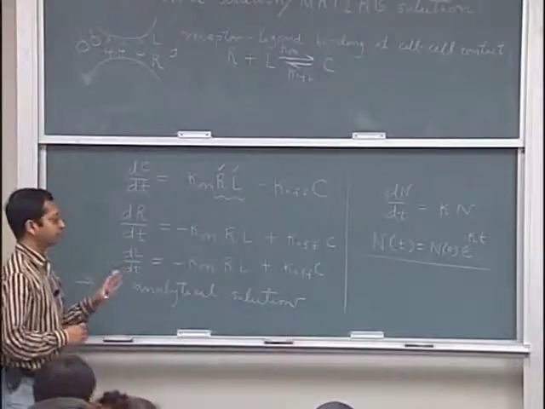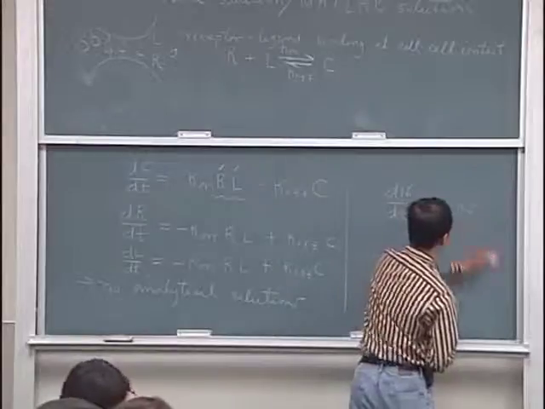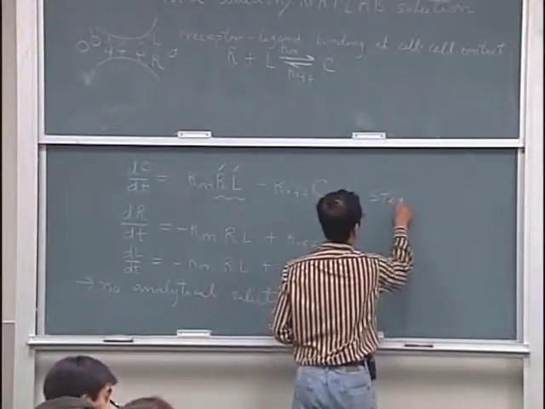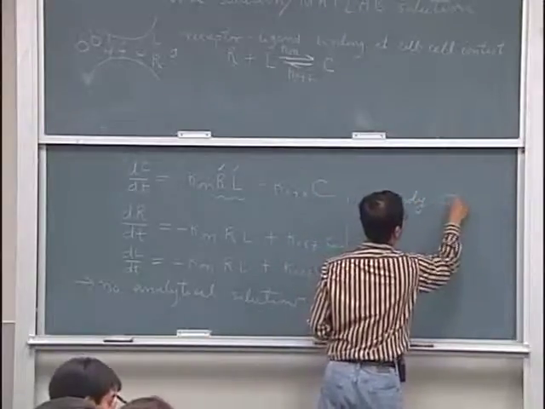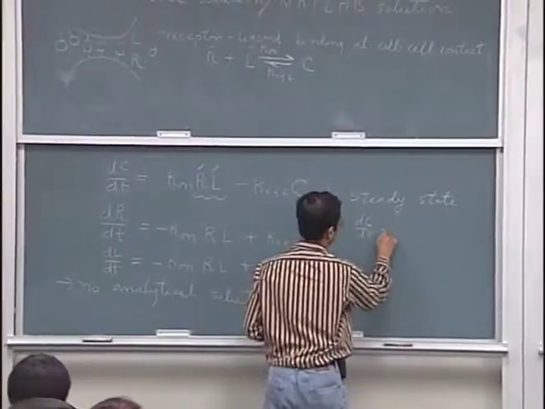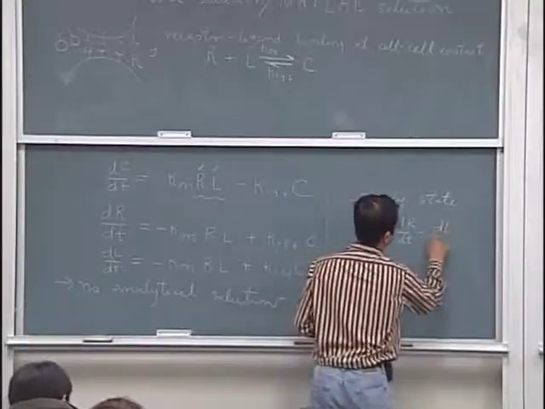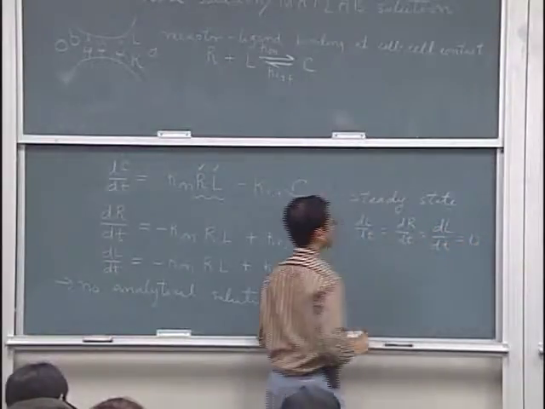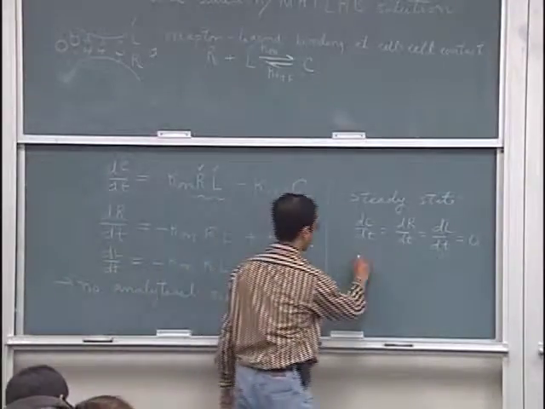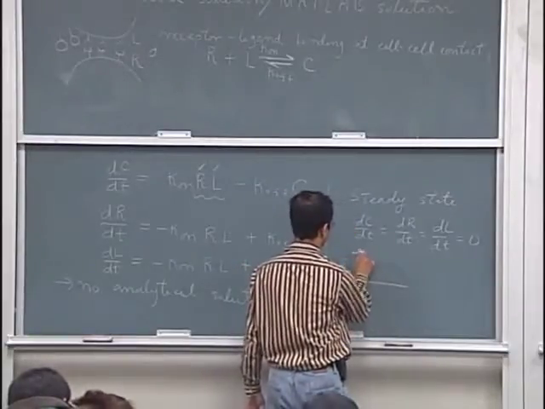It's solvable only for the steady state. Only when you are considering steady state, meaning when dC/dt equals dR/dt equals dL/dt equals 0, then you can calculate exactly. So what's going to happen, your R initially has some value, say R0,